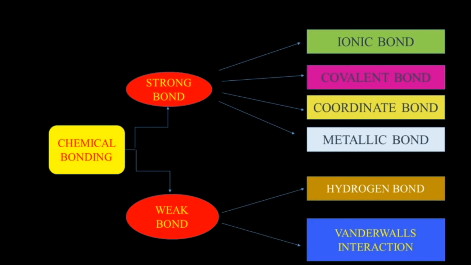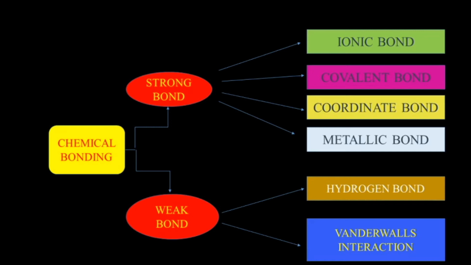It may be asked in a 2 mark or 5 mark question. In your book, page number 151, this is explained. Mark it as a 2 mark question. Write the classification of chemical bonds; if they ask, you have to write this structure. A chemical bond is broadly classified into two types.